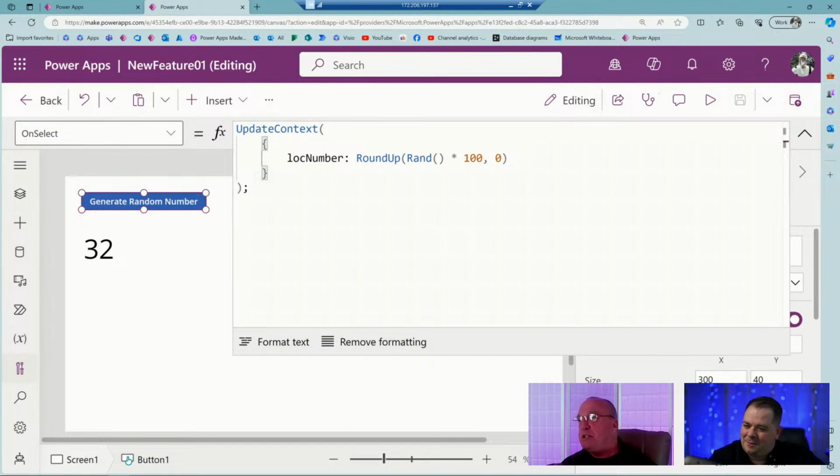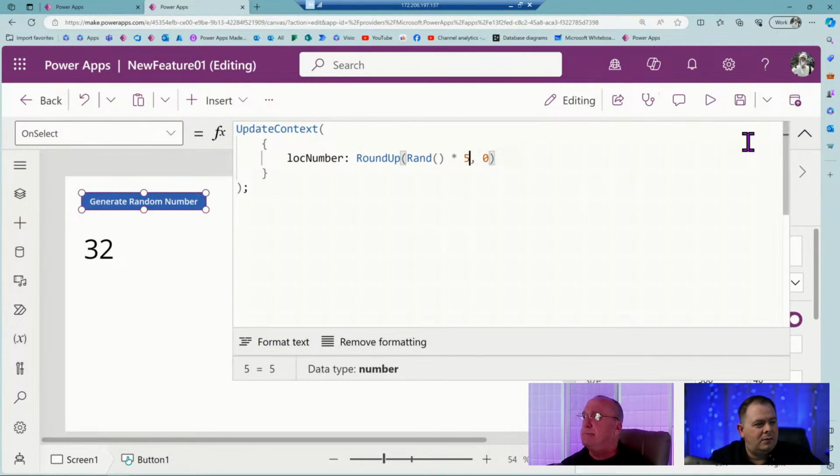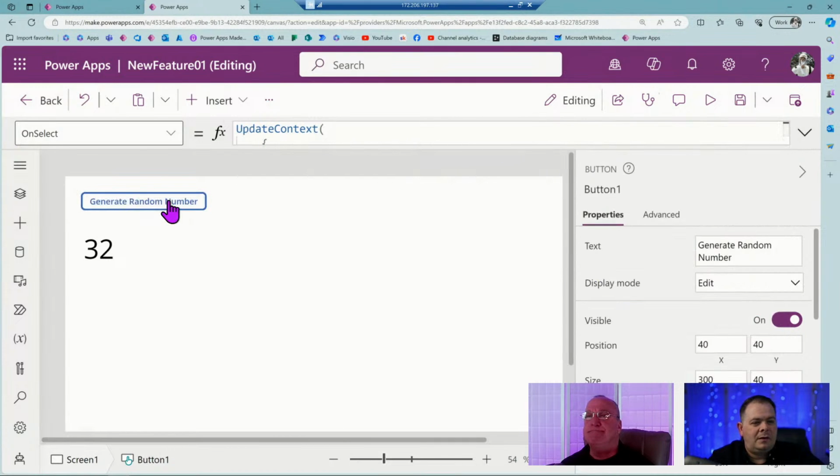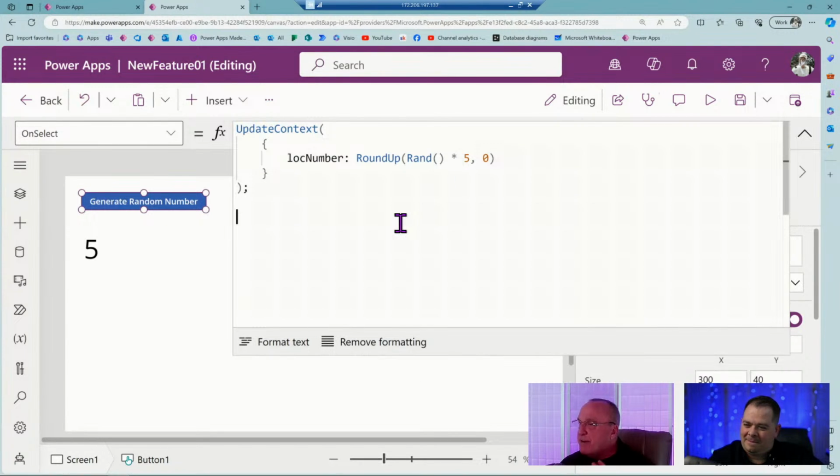So if you wanted to do a random number between 1 and 5, just change that ROUNDUP from 100 to 5. Okay. 3, 2, 4. I like it. Isn't that cool? Now, if you do the ROUNDUP, you'll never get 0.